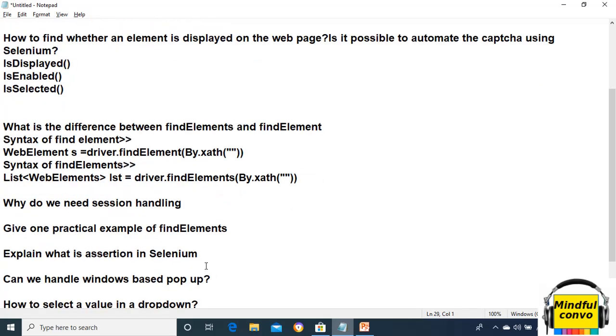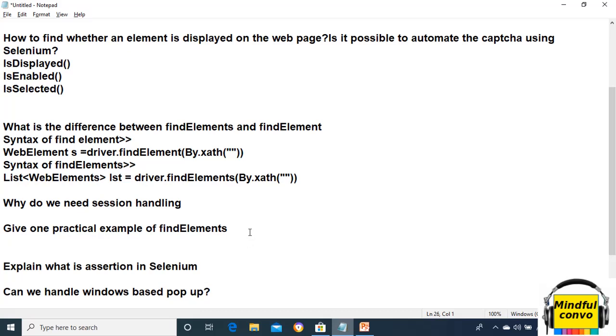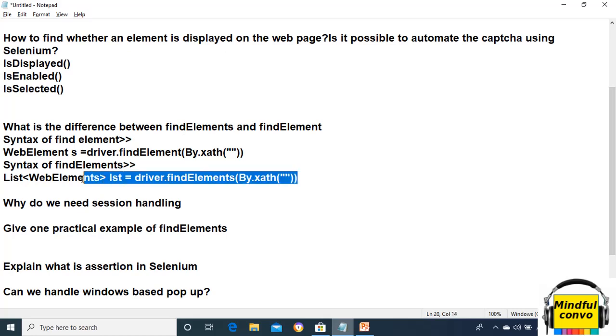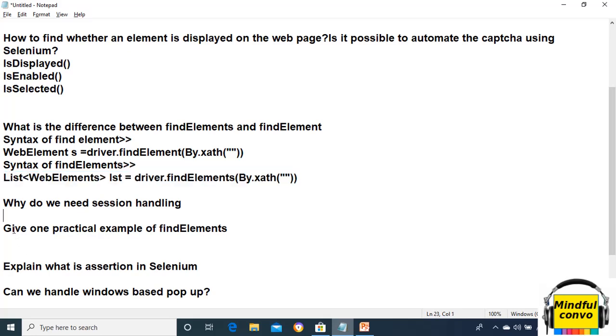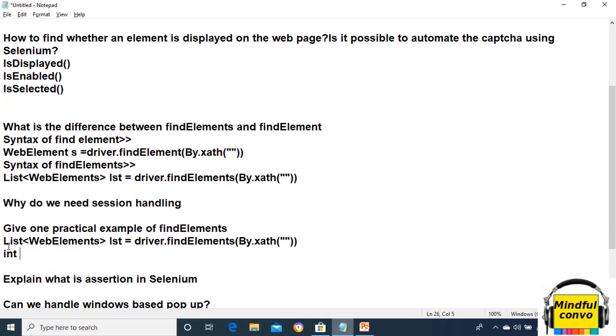Now, the next question is, give one practical example of findElements. Okay, so we will do the practical example. First of all, we will copy this by XPath. Now, what we need to do, first of all, we will see the size of the list, lst.size.